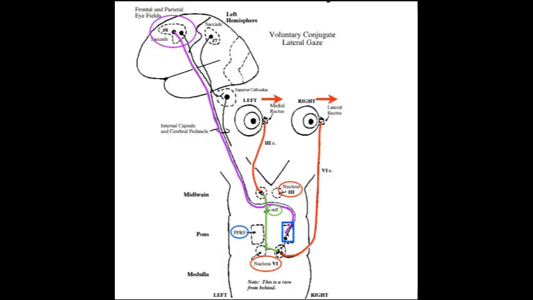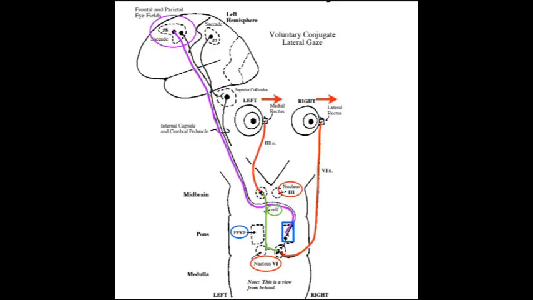The signals come from the left frontal eye field, go into the PPRF on the right, and hit the abducens nerve. From the abducens nerve, it causes the lateral rectus to move to the right. Now, after moving to the right, the abducens nerve will also send signals to the MLF. Now that MLF on the left is not working, that means that the left eye cannot move to the